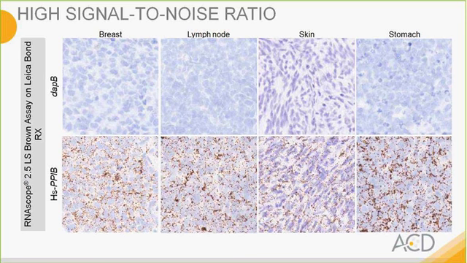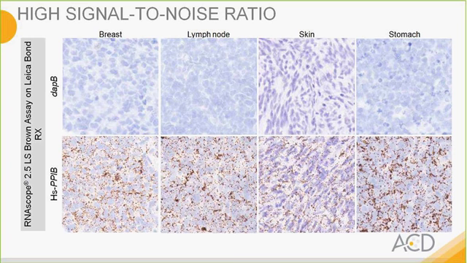So the first data that I'd like to highlight is the high signal-to-noise ratio. One of the fundamental challenges of traditional RNA-ISH is that it can generate low signal and high background, and this can really compromise the interpretation and results of the experiment. Using the RNAscope 2.5 assay on the Leica Bond RX automated platform, we observed little to no background